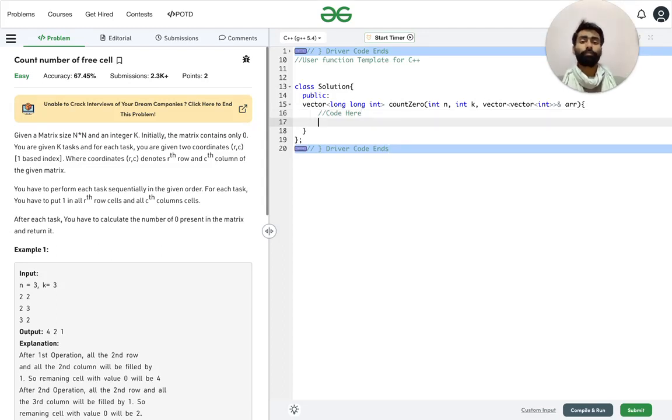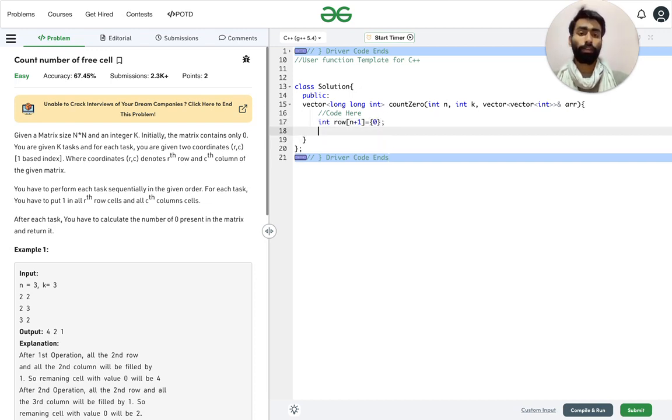Yes, so let's start. First we need to have the rows to keep track. The row array was decided to be of size n plus 1, as we will increment it every time, and the entire row array is filled with 0, and the entire column array is filled with 0 again.